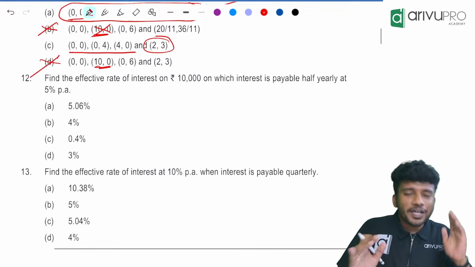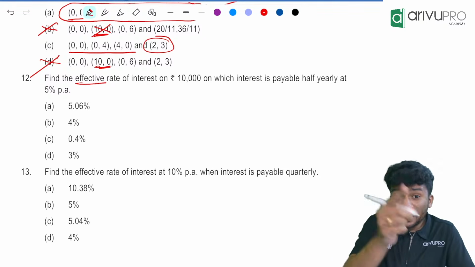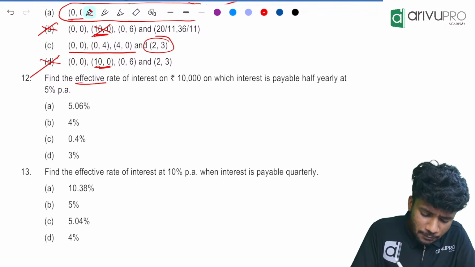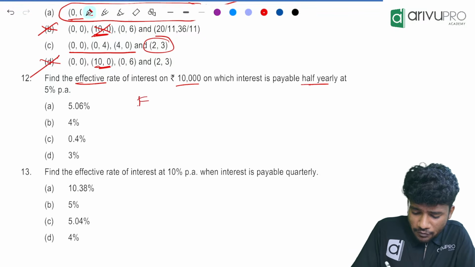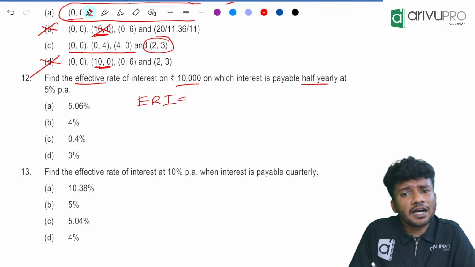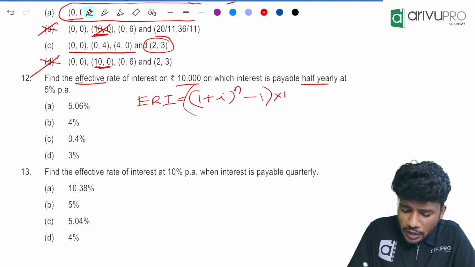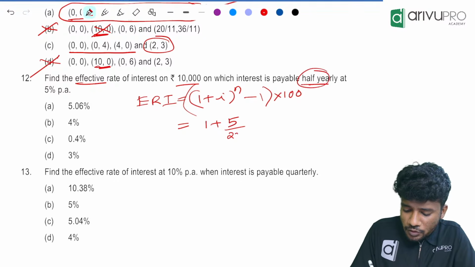Now we are coming to the most important part, and I am expecting a question for you in your May attempt. There will be a question based on effective rate of interest. Look here. Find the effective rate of interest on 10,000 on which the interest is payable half yearly. First of all, what is the formula for effective rate of interest? ERI is 1 plus I the whole power n, minus 1, into 100, which is 1 plus 5 divided by 200, raised to 2, minus 1,